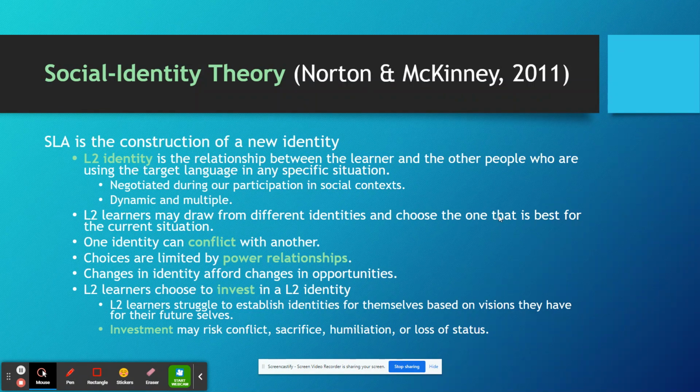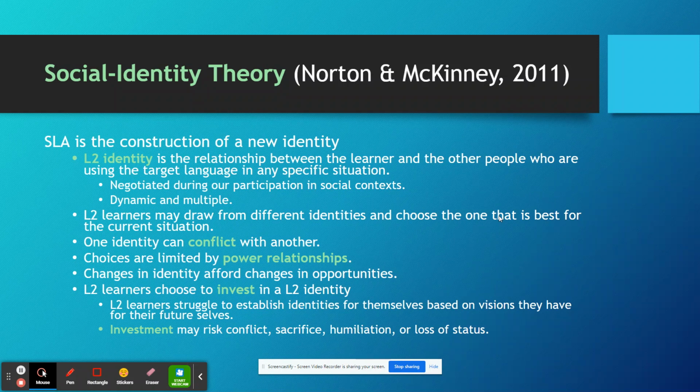Like these other theories, social identity theory seeks to understand how second language acquisition is a social process, but in social identity theory, a learner doesn't just participate in or gain membership to a group that uses the target language. In social identity theory, language acquisition actually involves the construction of a new identity. Bonnie Norton